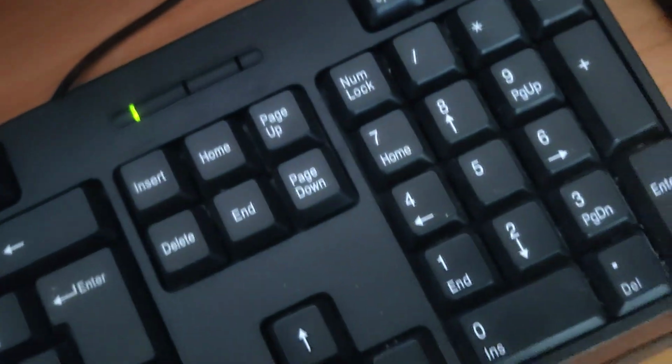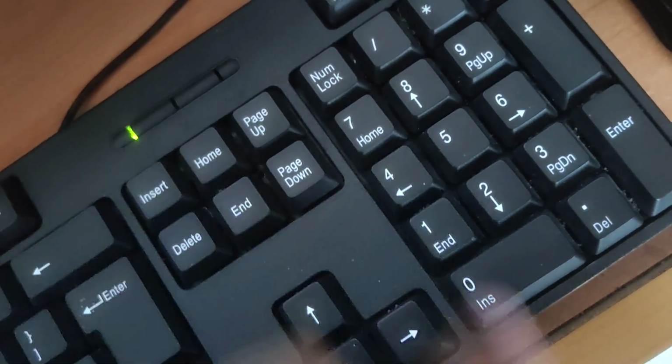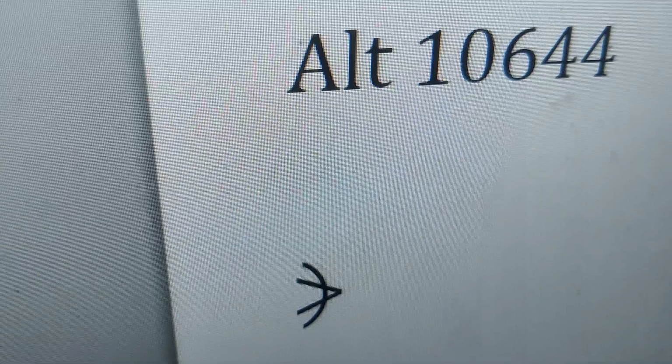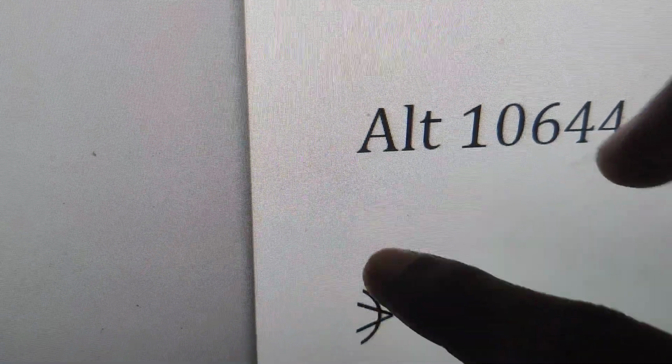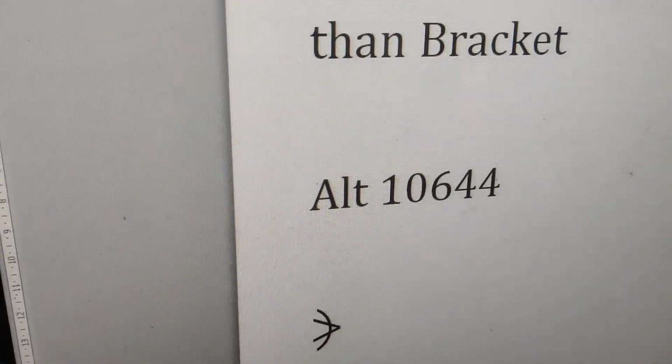At the same time you must type here 10644. So after typing 10644 you can release your finger from this alt key. So you can see that this symbol has been added, or we have created this symbol in our computer. So this is the right arc greater than bracket we have